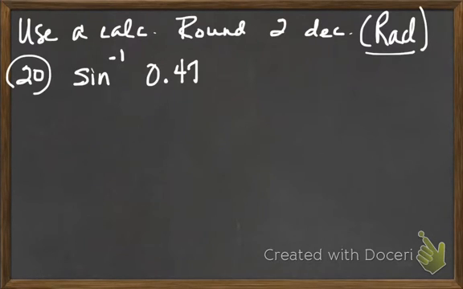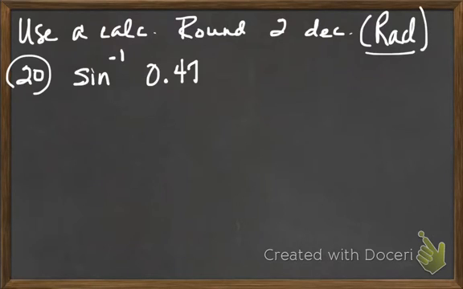Do you think you have an inverse sine on your scientific calculator? Yeah. Okay, where is it located? Above sine. Does everybody see sine to the negative 1 above sine? You actually have an inverse sine. To get it, you have to hit second sine, and then you're going to put in 0.47 radians, and you're